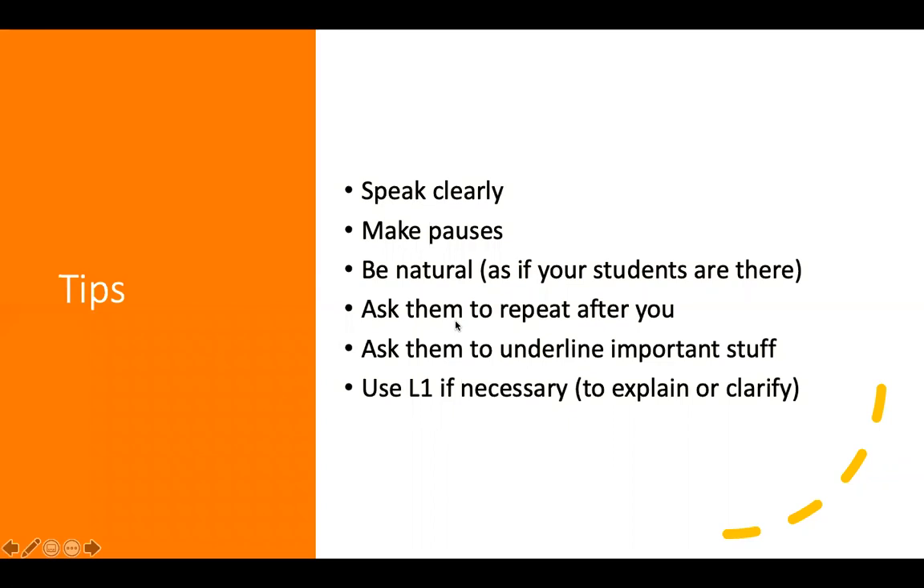Ask them to repeat after you, as you would do in a real class. Ask them to underline what is important in their book. If necessary, this is the time where it's okay to use Greek, if you speak Greek,